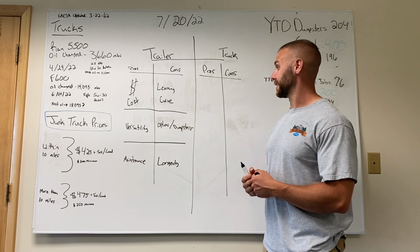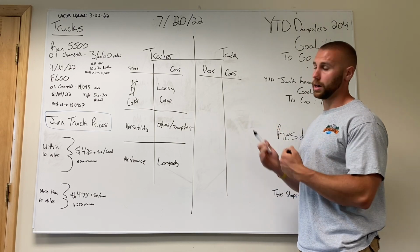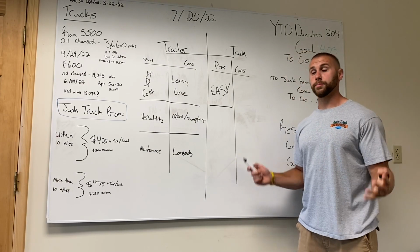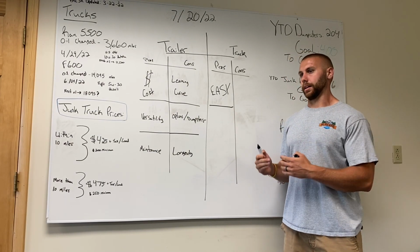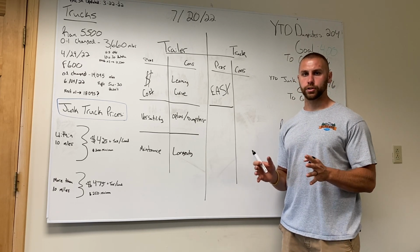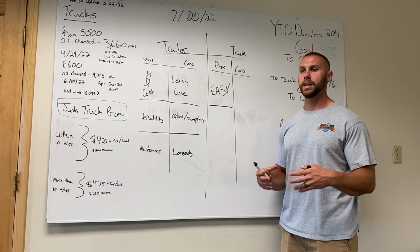Now, with all that being said, guys, we're going to hop over into some pros of buying a truck and then some cons of buying a Hooklift or roll-off truck right out of the gate. So pro number 1, guys, we have it in big letters right up here, is easy. I cannot explain how much easier a Hooklift truck is. I can't speak for a roll-off truck because I've never driven one, but I can only assume that when you've